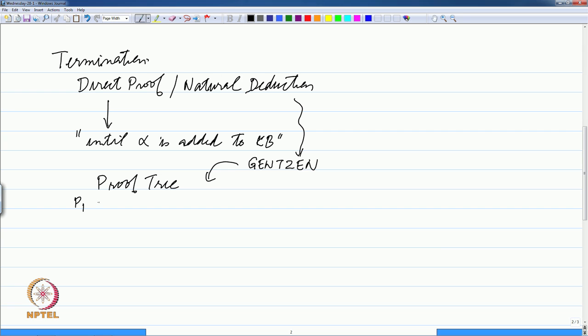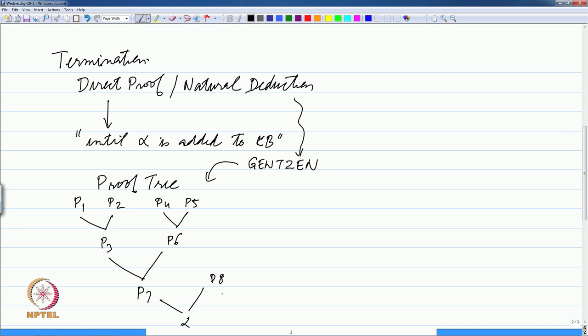So, P1 and P2, if they are sentences, may give you P3 and then P4, and P5 may give you P6, and this may give you P7 and some formula P8, and this will give you alpha. Alpha is the formula that you are interested in. So, Gentzen systems are natural deduction systems where the leaves are what are given to you and the internal nodes are the consequences that you have added, and you terminate when you add the consequent that you are interested in, which is